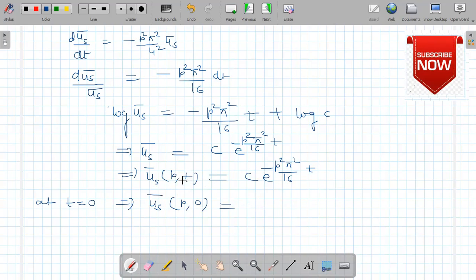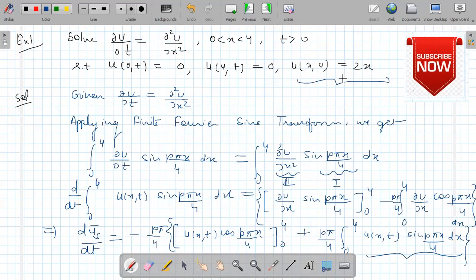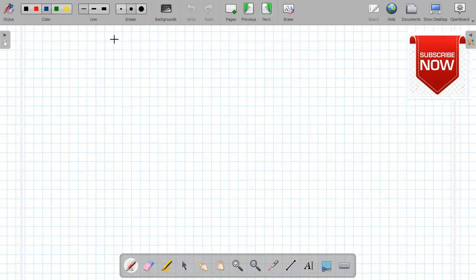We cannot put p is equal to 0. p cannot be 0 because we have two variables here, x and t. So we can put t is equal to 0 so that we have c. So we need the value of this. For this, you are given this condition u x comma 0 is equal to 2x. So u x comma 0 is equal to 2x,